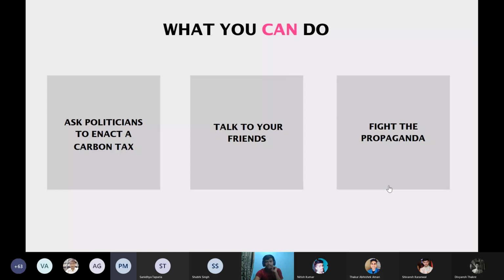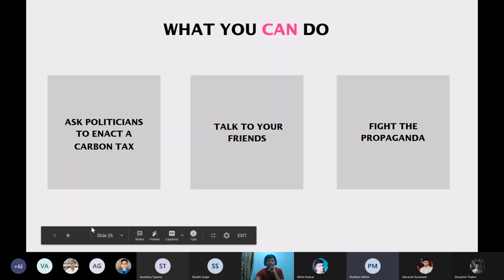He used the font colors very well. In this slide which is presenting, the word "can" is highlighted, like what we can do. So he used that to emphasize more. Rather than using different font styles, he used a simple font style, but used the colors to highlight the main words. Yeah, perfect.